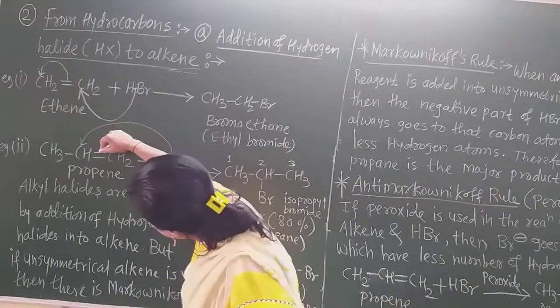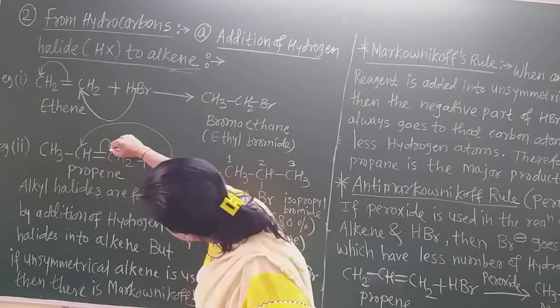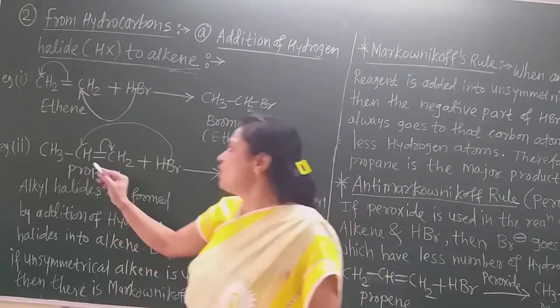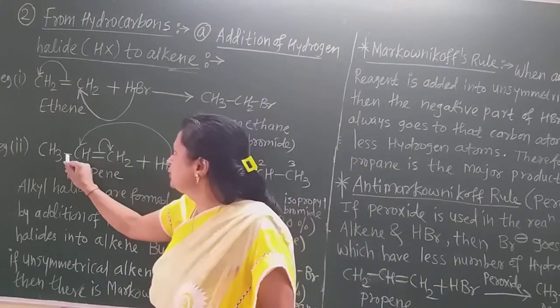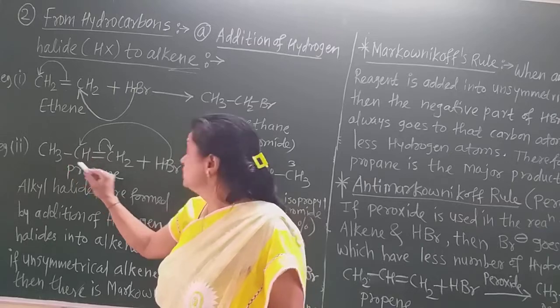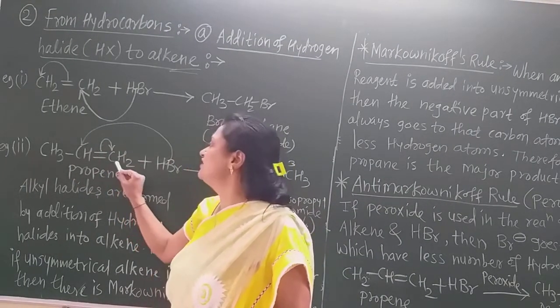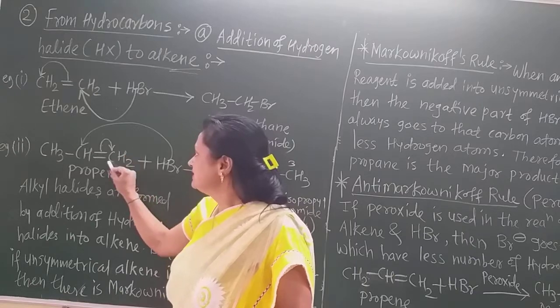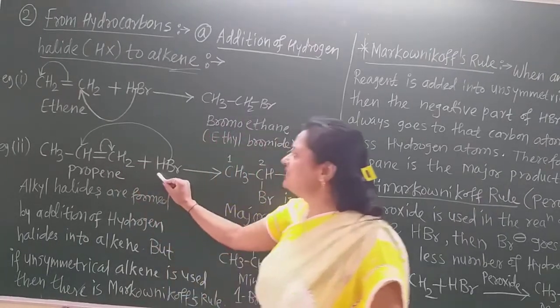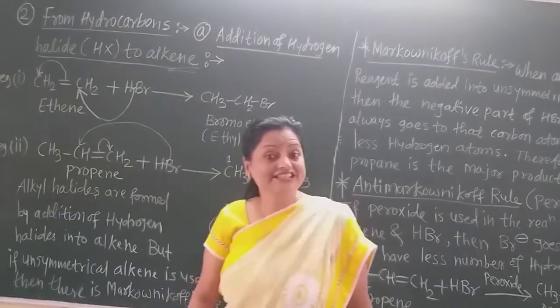And at the same time what happens? This double bond should come to this carbon because 5 bonds will be there: 1, 2, 3, 4 and this bromine 5. That is not correct. So one bond must be shifted. Here is the negative charge. And to that C minus, this hydrogen gets added and here becomes CH3.